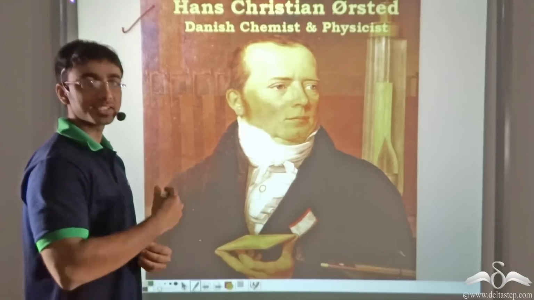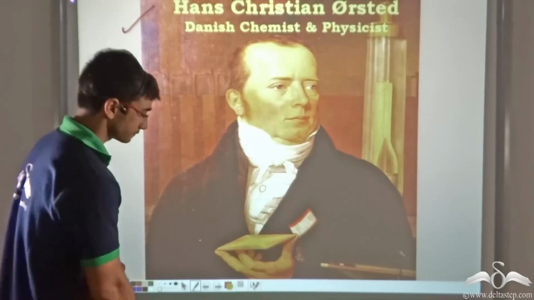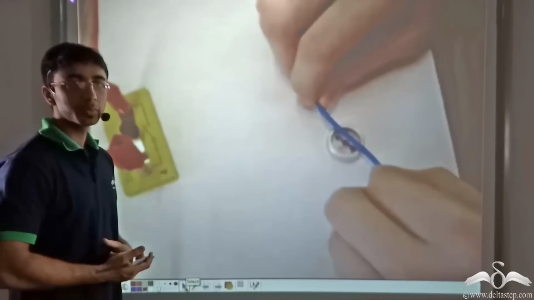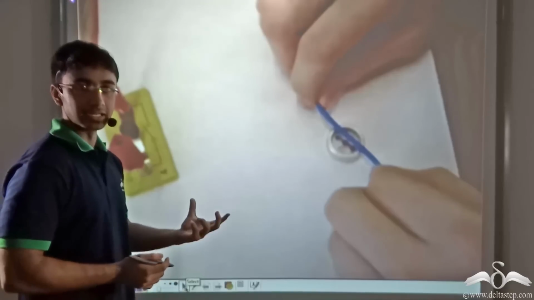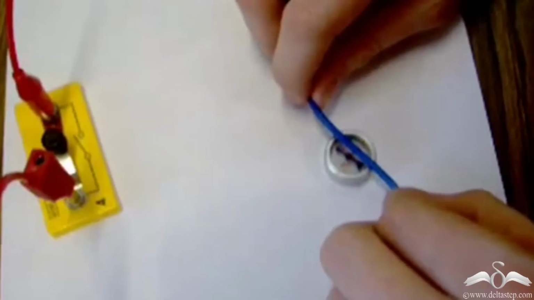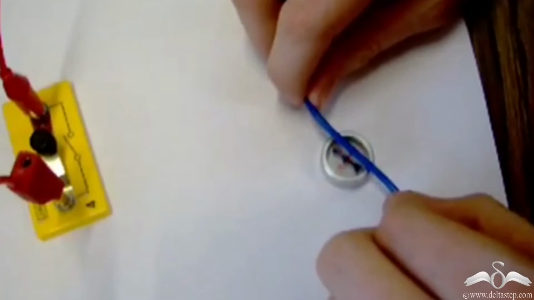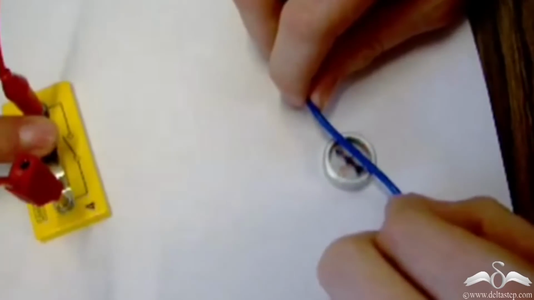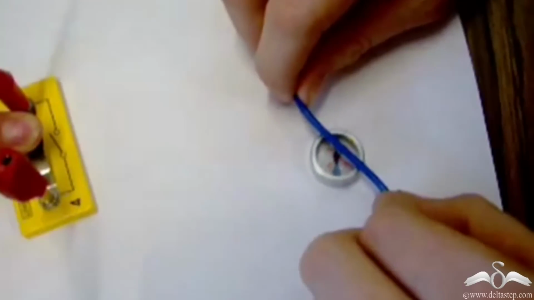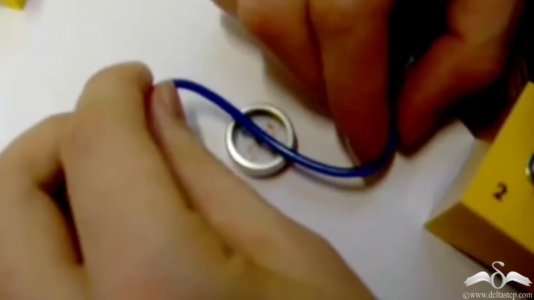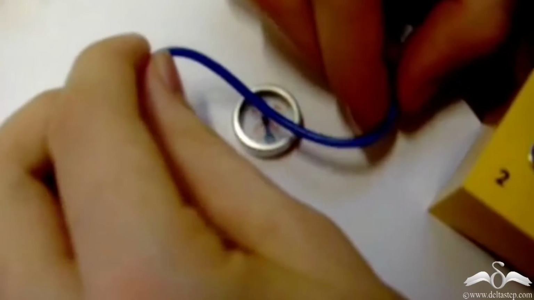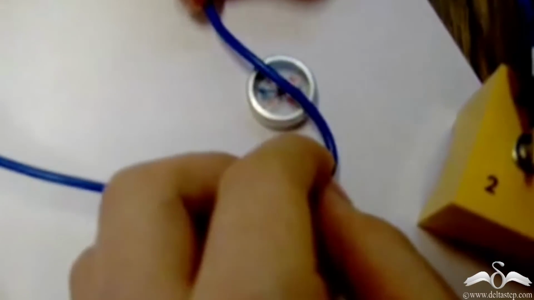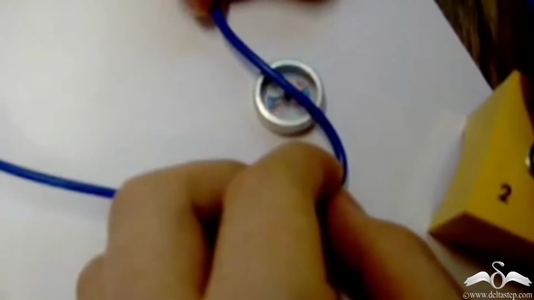So now let us see how electricity influences a magnetic needle. In this video, we are going to find that when current flows through a conductor, it is able to influence a magnetic needle, and in what way. So notice this video. Now current is not flowing, but as soon as current starts flowing, you will find that there is a deflection in the needle. And the direction of deflection of the needle changes if I keep the wire differently, which means that the direction of current changes, and depending on the direction of current, the direction of deflection of the needle also changes.